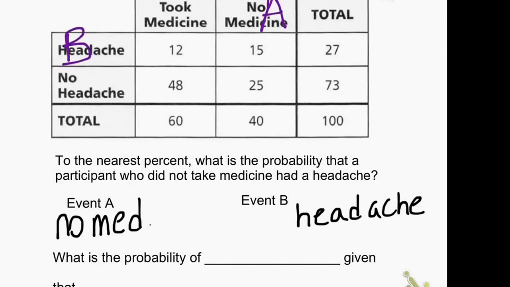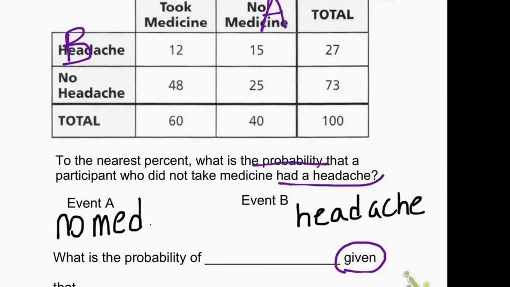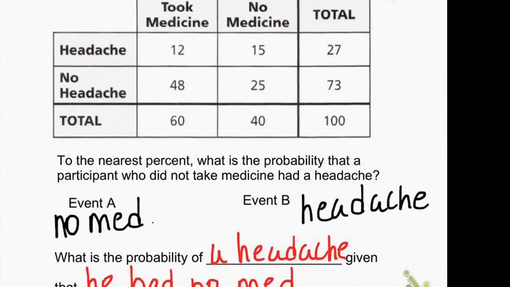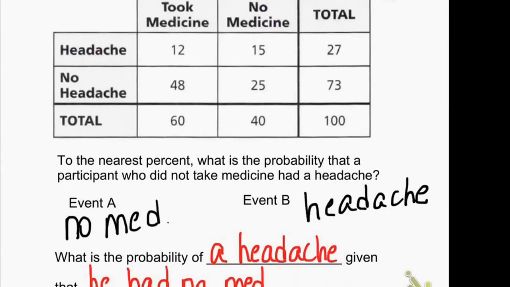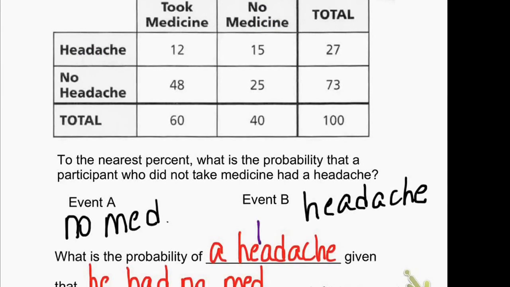So I want to write this in conditional statement form using the word given. I want to find the probability that he had a headache. So I'm going to say, what is the probability of a headache? That would be event B, because it's headache. Given that he had no medicine. That's on the top row, so that's A. I want to write that in set notation. So I'm going to say, what is the probability, P for probability, that he had a headache? That's event B, because it's on the vertical column. Given, that's your slash,